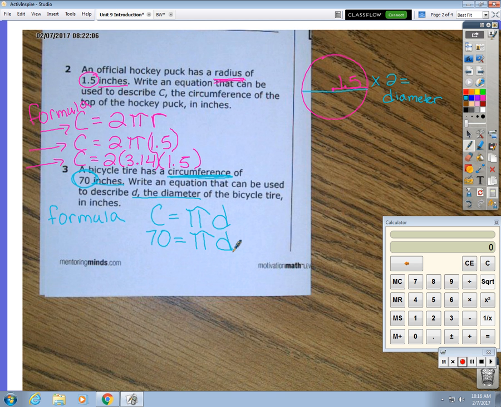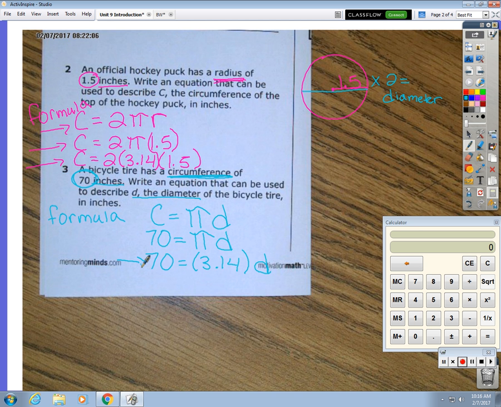What's another way we could write it? 70 equals 3.14 times d. We have the 70 here. What did we do from the pi symbol to here? We just replaced it with the actual value of pi. So then you don't have to put a number for d, we're not solving. There's another way we can write it too. If we were solving this right here,